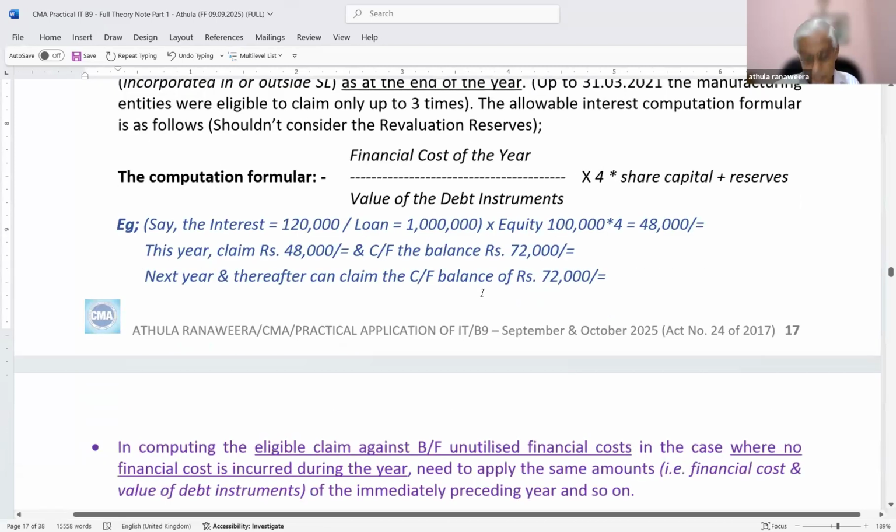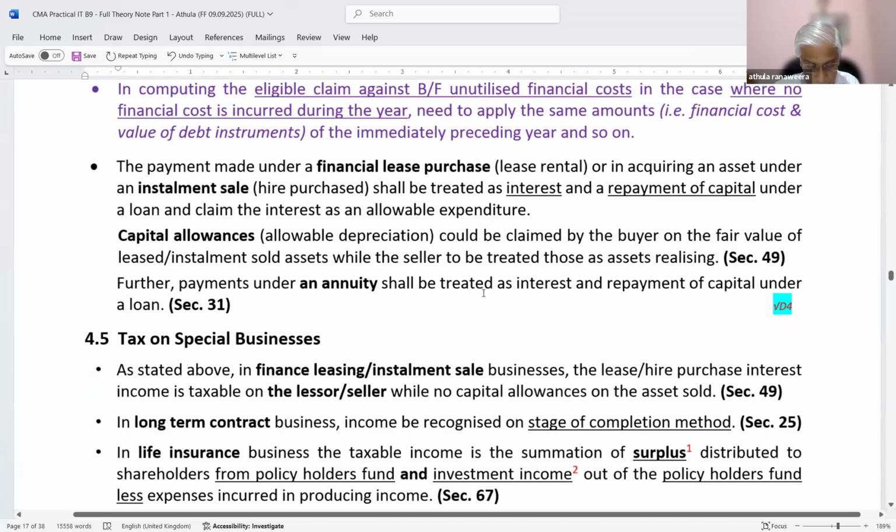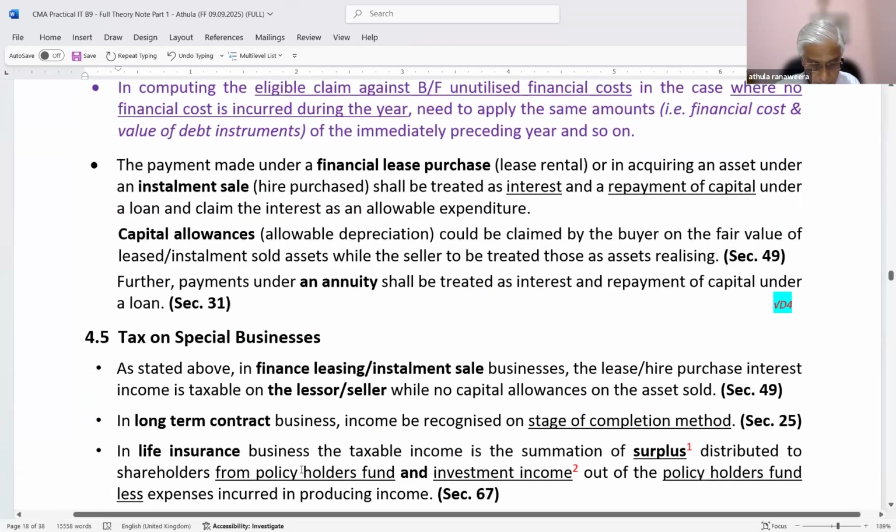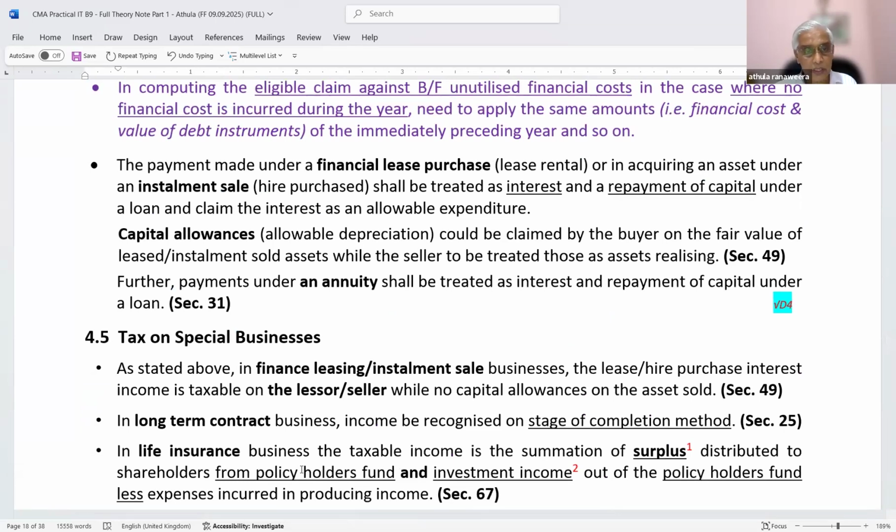Then finance leases. Now, under the current law, when we go for a finance lease, assume that the person who is taking the lease is getting the ownership of the asset. On that basis, under the old act, we were claiming a thing called lease rental. Under the new act, we are not claiming the lease rental. Instead, we are claiming the interest component separately because we assume that it is like a bank loan.